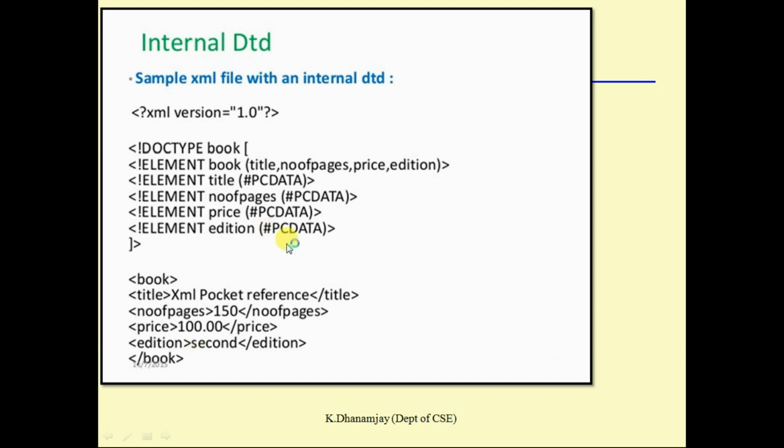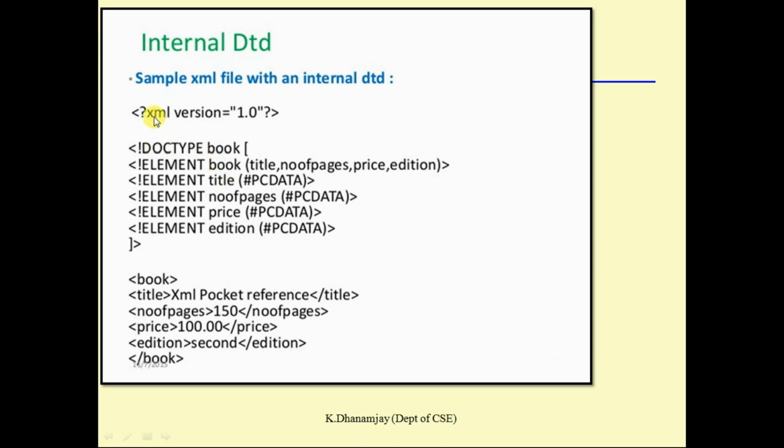Okay, let's see how this internal DTD will work. See here what the main root element is. First learn about XML, then go for designing DTD. That's a better idea to get an easy output. Okay, first I designed one root element called book. For book I have title, number of pages, price and edition. So I designed it like this. Now for the XML program I specified, I am creating one DTD to describe the data, to check the validity of the data.